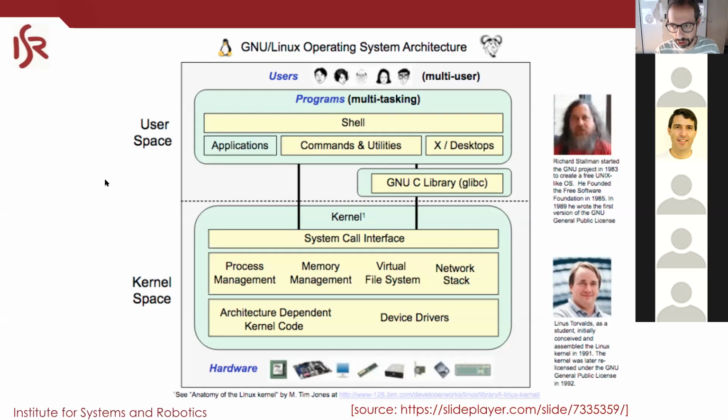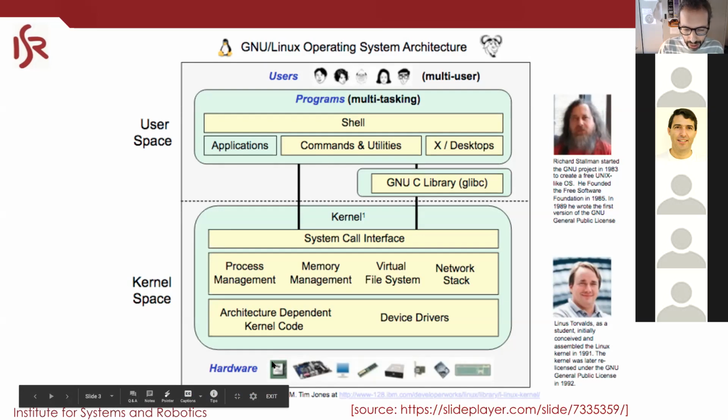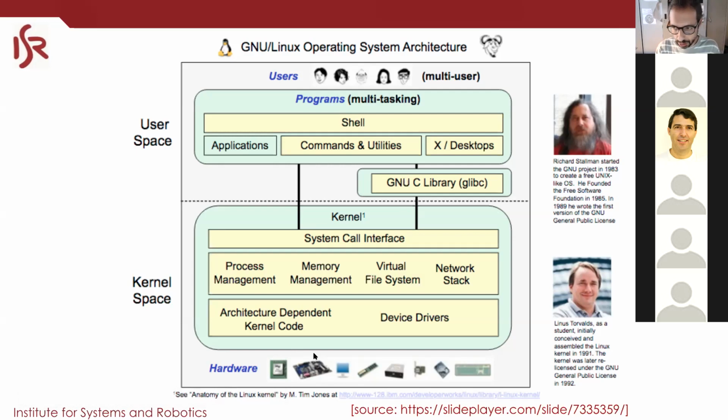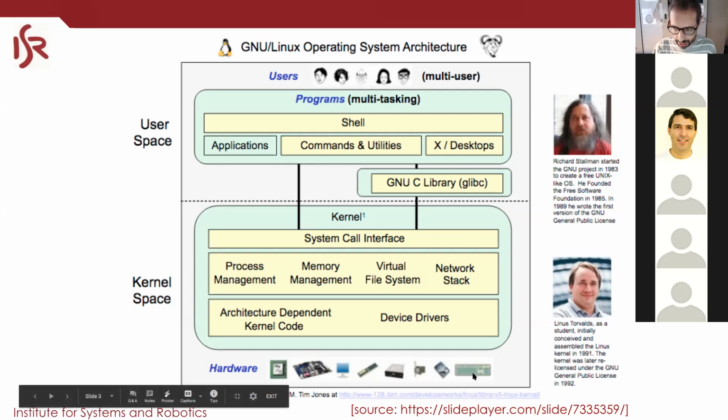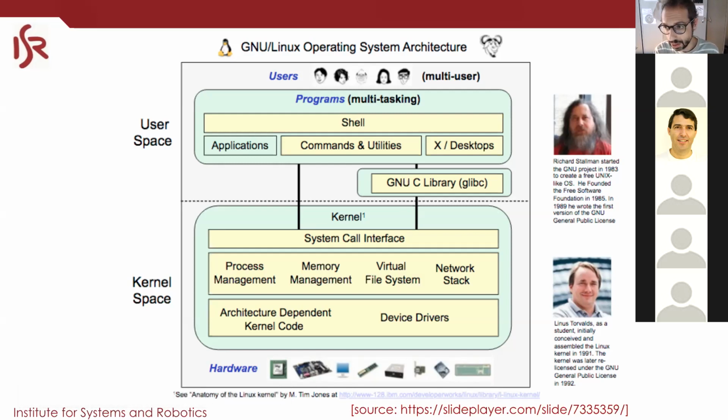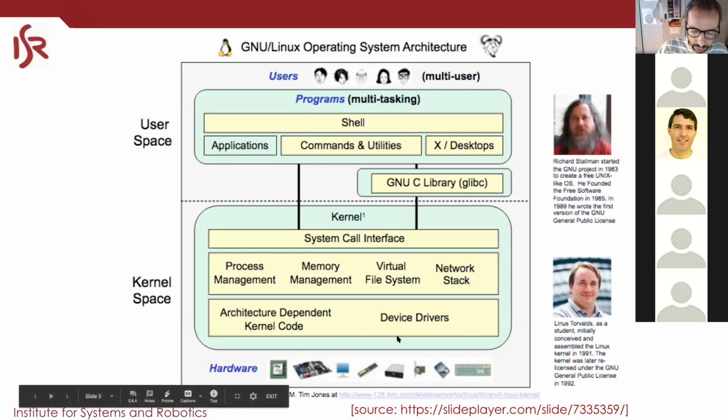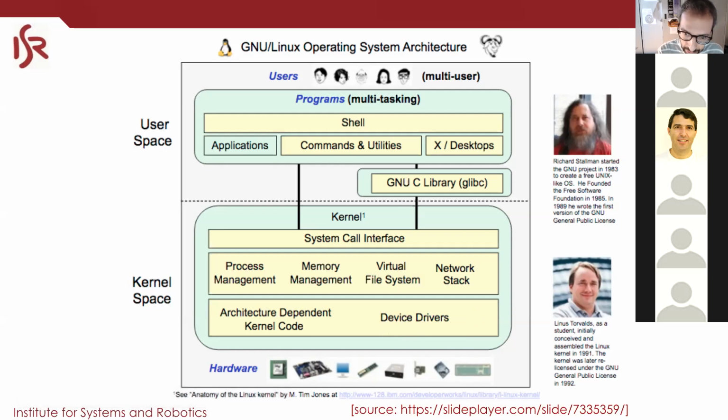And what do you have inside the computer? Going bottom up, you have the hardware: the CPU, the memory, the devices. If you have a computer connected to a robot, you're going to have more devices that connect to actuators, sensors, whatever. And in the software, you have two layers in Linux: the kernel space and the user space. In the kernel space, going bottom up, you have the device drivers, which are all of the low-level software pieces that connect directly with hardware inside the kernel.